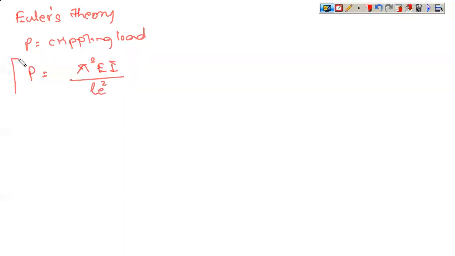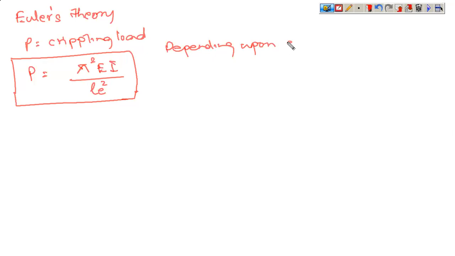This is the Euler's theory for crippling load. Now, depending upon the end conditions,